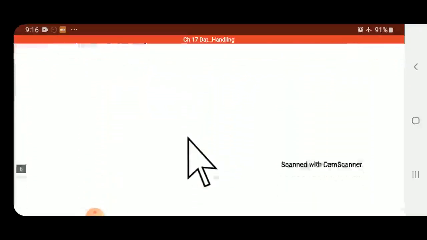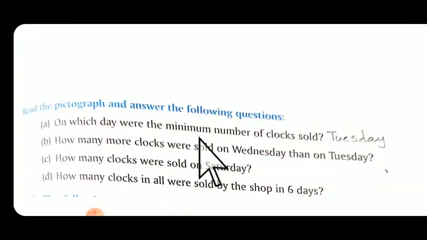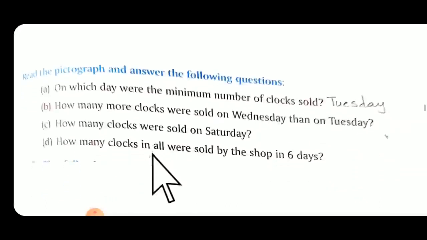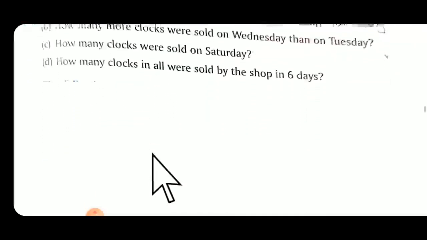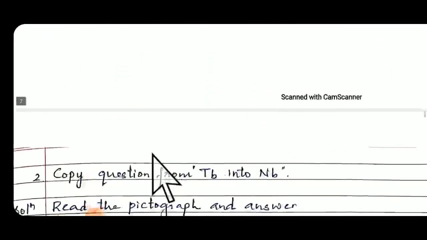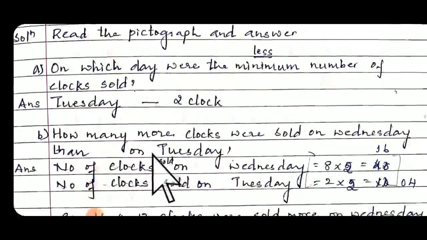Okay. The pictograph is given. The next are the questions. On which day were the minimum number of clocks sold? That is Tuesday, only 2 clocks were sold. How many more clocks were sold on Wednesday than on Tuesday? That means you need to compare the selling of